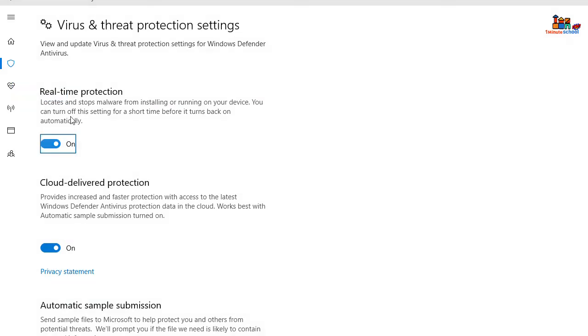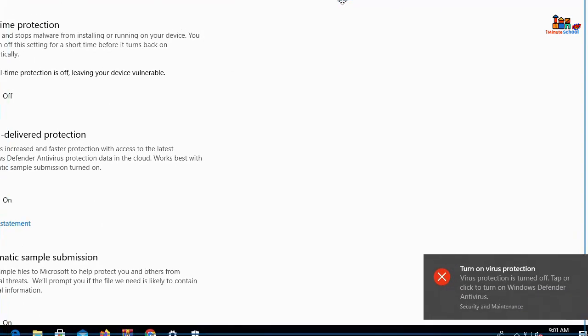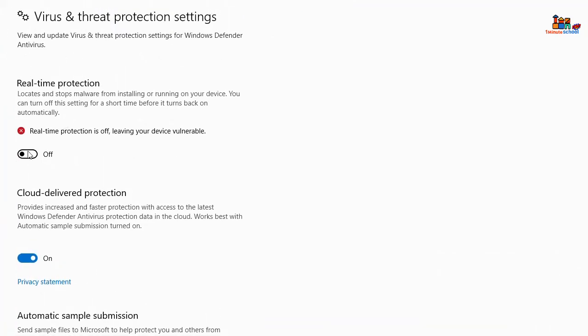You can see a blue checkmark button. That means it's turned on right now. So to turn it off, we should hit on the button and then click Yes. So we have already stopped our real-time protection. If you want to get your protection back, just hit on the button and then